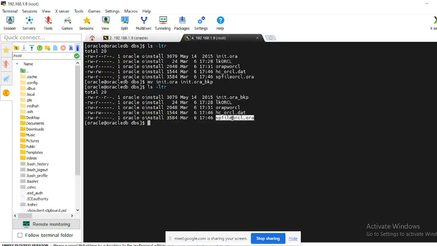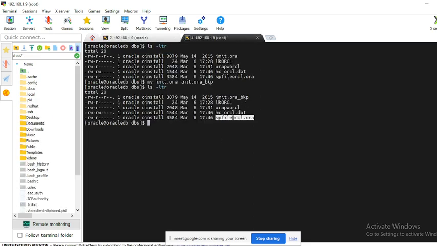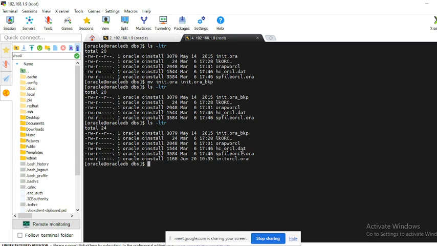It will create a P file from that SP file, and that command will work. Now you can see we have connected on the idle instance, and we are able to create the P file from the SP file. Here we can check, we have only the SP file, and already we have renamed the default parameter file. Now again we will run ls -ltr, and here you can see this is the parameter file we have created just now,